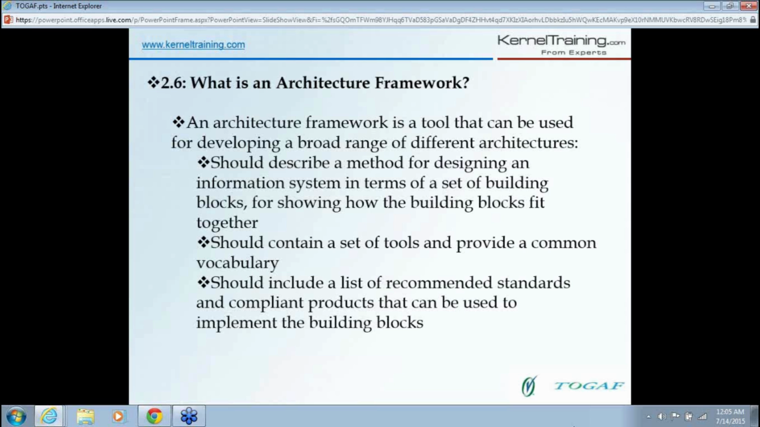So what does the architecture framework have? It should describe a method for designing an information system in terms of a set of building blocks, and show how the building blocks fit together. What this point is talking about is you need to implement the system in such a way that there are several components that could be used to achieve your target. So don't build, so basically if you talk about it in terms of IT, you see a